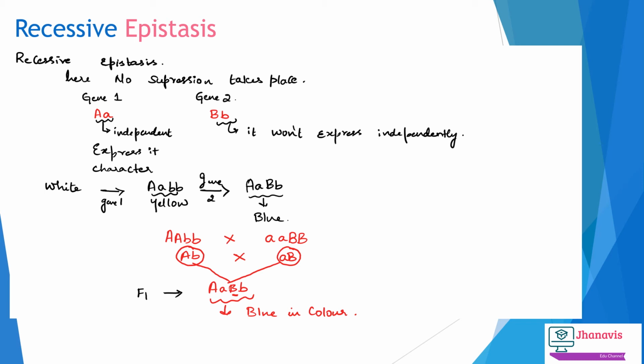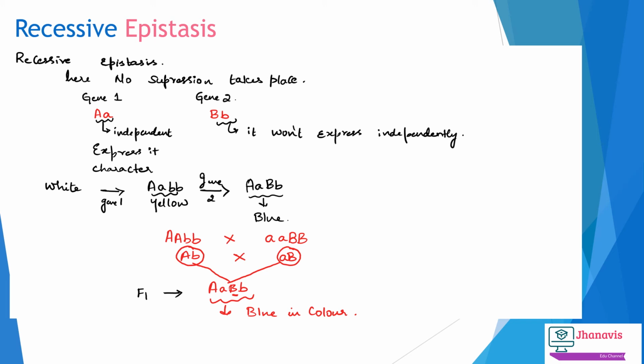Whenever these two are crossed, we will get the F1 generation with capital A, capital B and small b. See, there is a change here. I said capital A, capital B and small b. See here, both the A gene and B gene are present and both are in dominating character. But as I said, the B gene